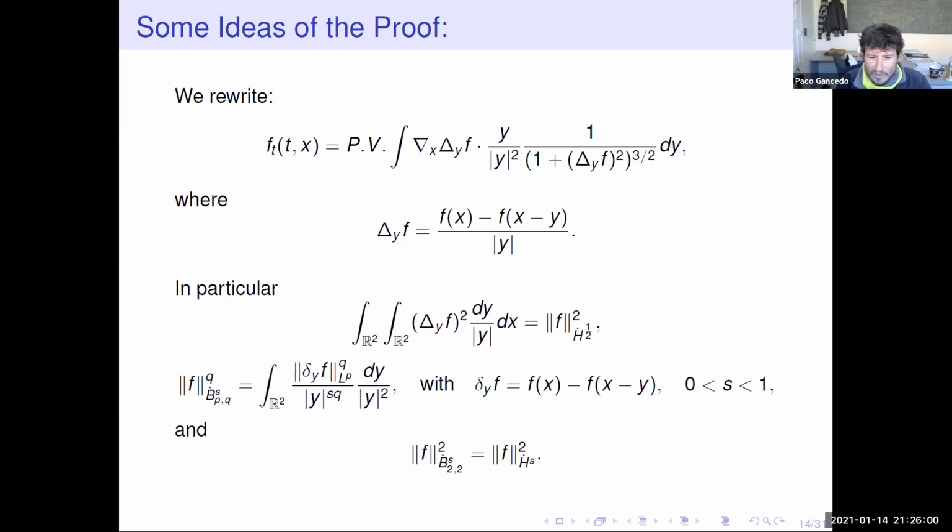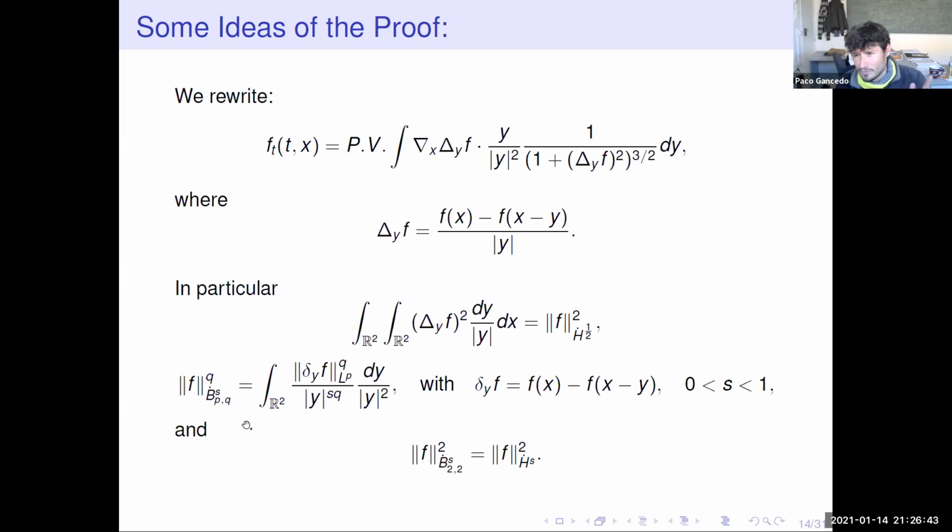And why this? Well, by integrating this thing, we can get a half derivative, which is good for us because we have this fractional dissipation, and also we are looking for critical results. So we have to shear derivatives very nicely. So we are going to use this Besov setting that allows us to shear derivatives very well. Here I'm using this increment with the delta notation, and we have here a fractional derivative for this. So this is the Besov space.